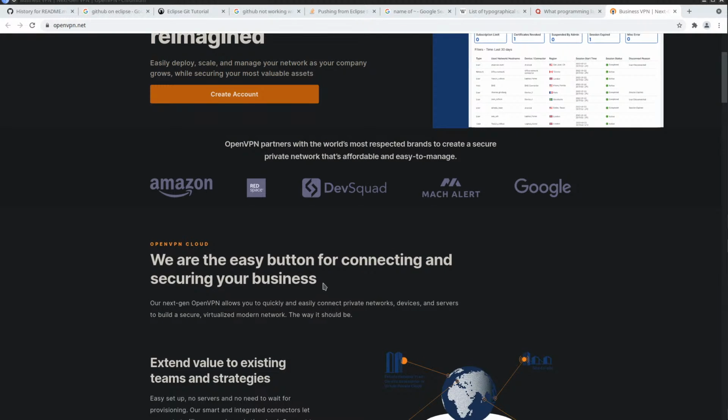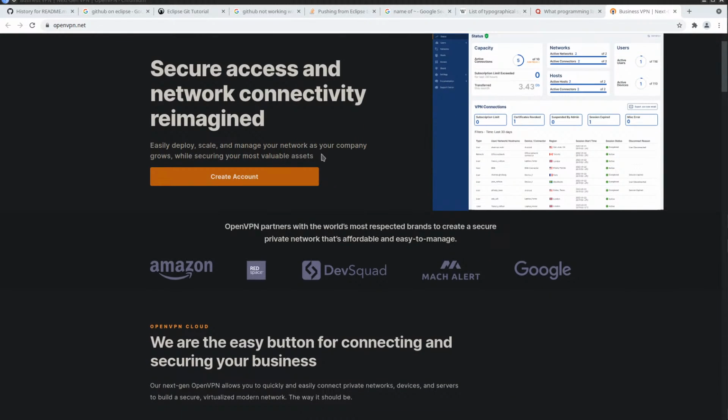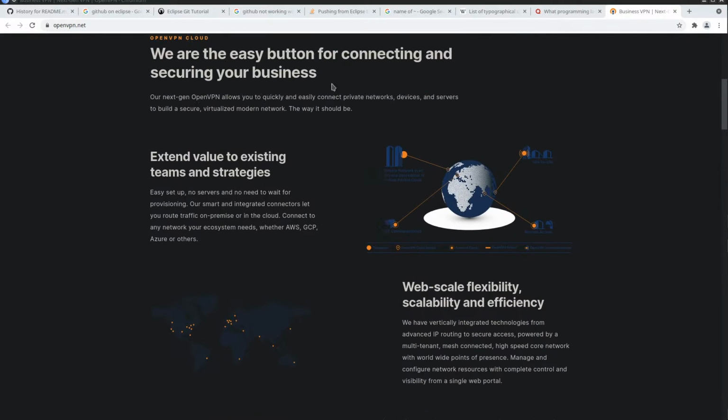Maybe, yeah, that's more common there, not on Ubuntu that I'm using. Yeah, easy deploy, scale, manage your network as you... Okay. The easy button for connecting and securing your business. Next generation OpenVPN.